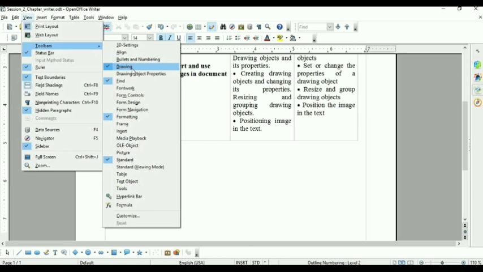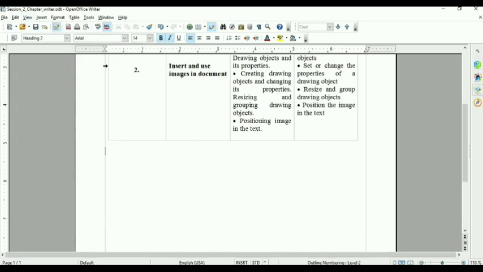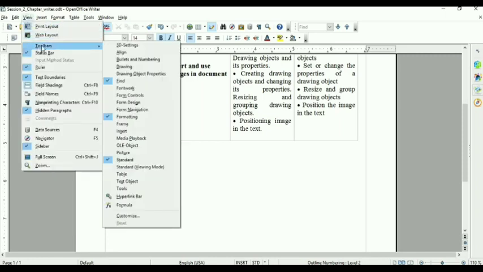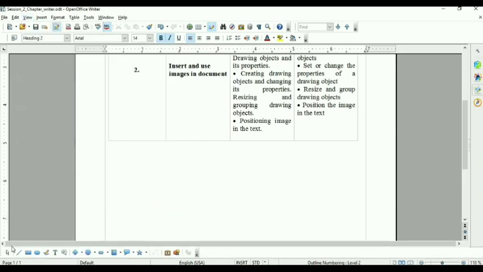Checked means the drawing toolbar is present. If it is not present in your document, like this time it does not appear, again go to the view menu, select toolbar and then select drawing. Once you click on drawing, the toolbar is present in your Writer. Clear? These are the steps to follow to insert a drawing.